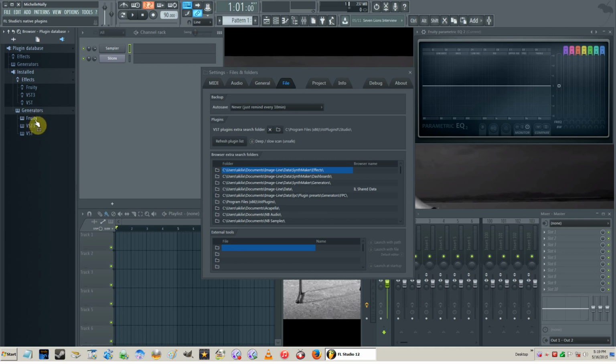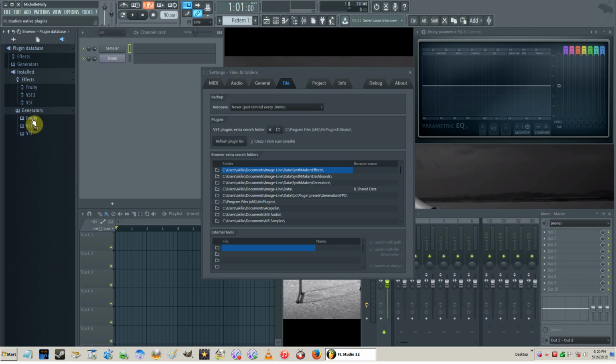Sometimes it doesn't really do a good job at separating the different VSTs and stuff like that. So you might have generators here, but you can have effects in here too, instead of it being a synth generator or a drum generator. You know what I mean? So that's something. But what you're going to do as far as generators go,